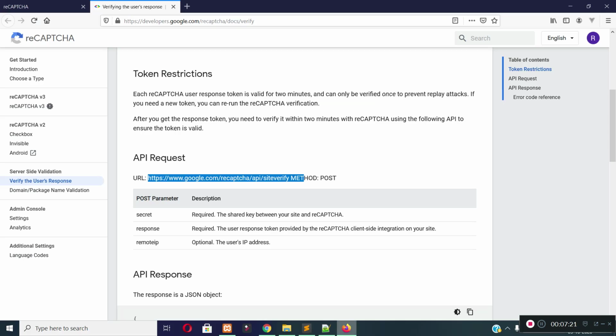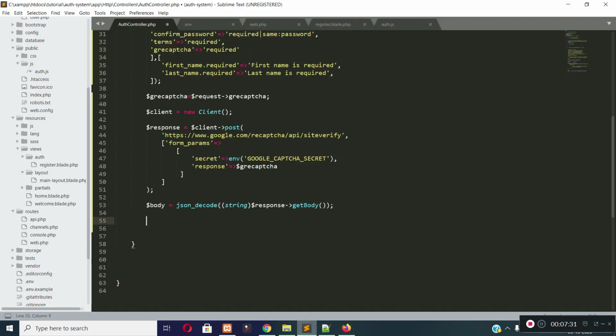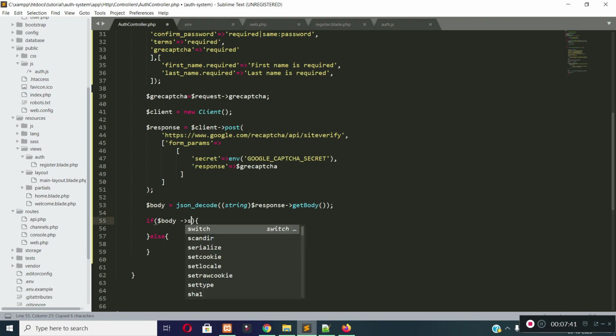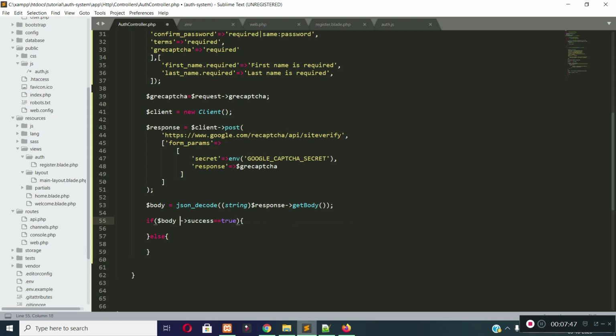If I check the documentation, you can see we get a response object like this, and there is a key called success, true or false. So we can simply check if body success is equal to true, that means our Google reCAPTCHA response is valid.